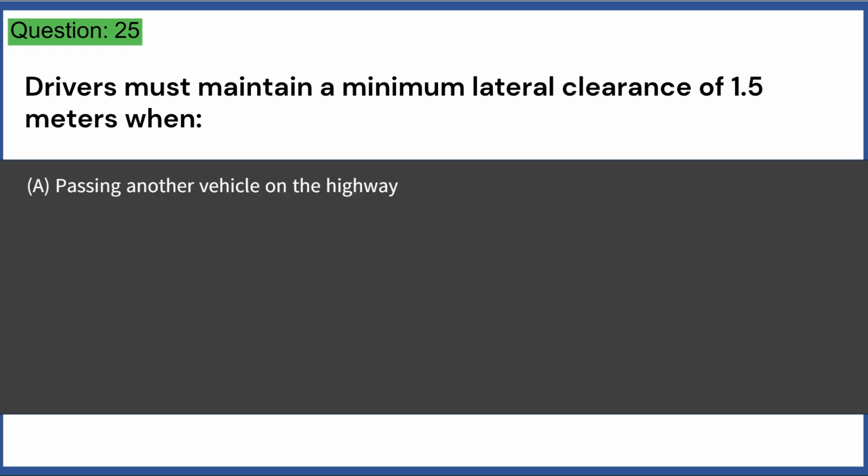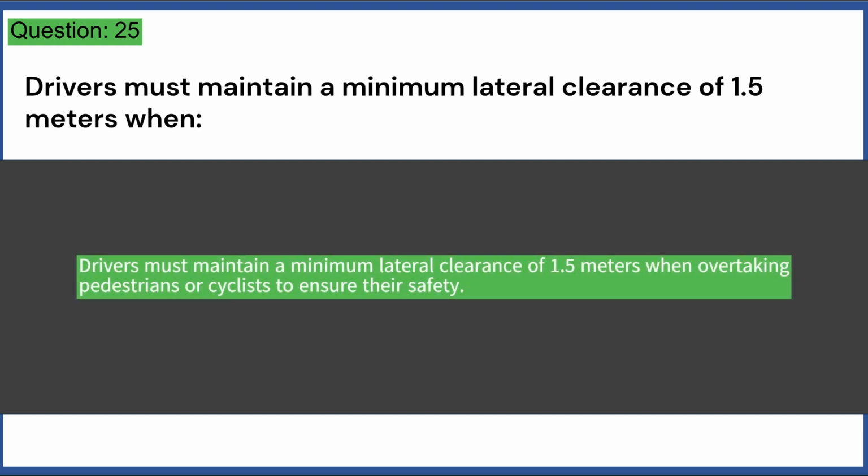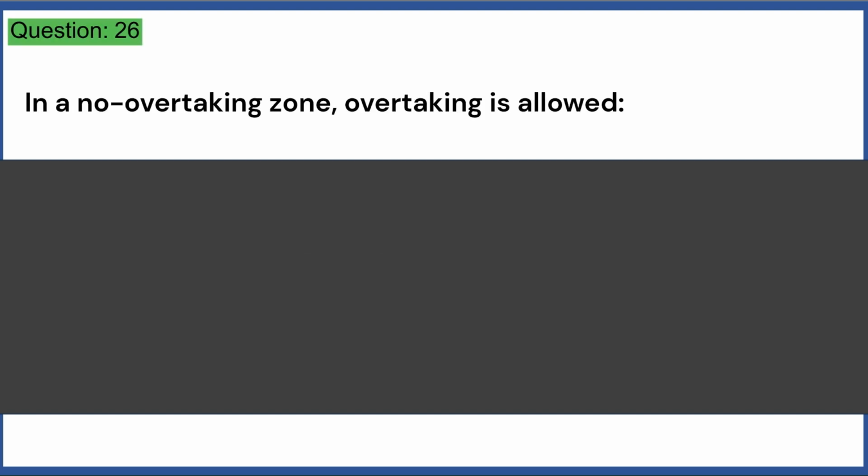A. Passing another vehicle on the highway. B. Overtaking a pedestrian or cyclist on the road. C. Following a heavy vehicle. D. Driving through a construction zone. Answer B. Drivers must maintain a minimum lateral clearance of 1.5 meters when overtaking pedestrians or cyclists to ensure their safety. In a no overtaking zone, overtaking is allowed: